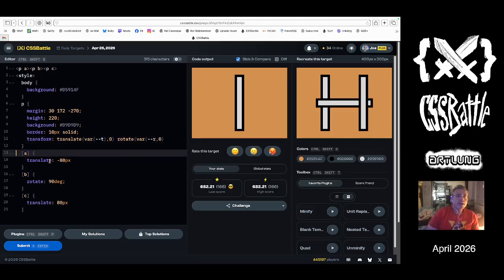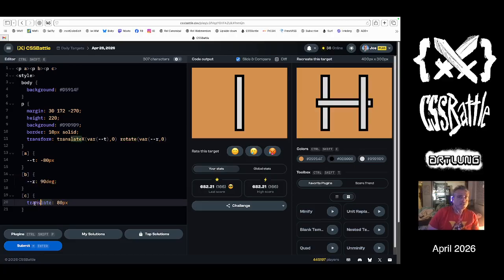And if we do that, then if I set, what is it, dash dash r here, and, or no, dash dash t, sorry. RT, translate. Oh, and I want translate x, don't I? And then r,